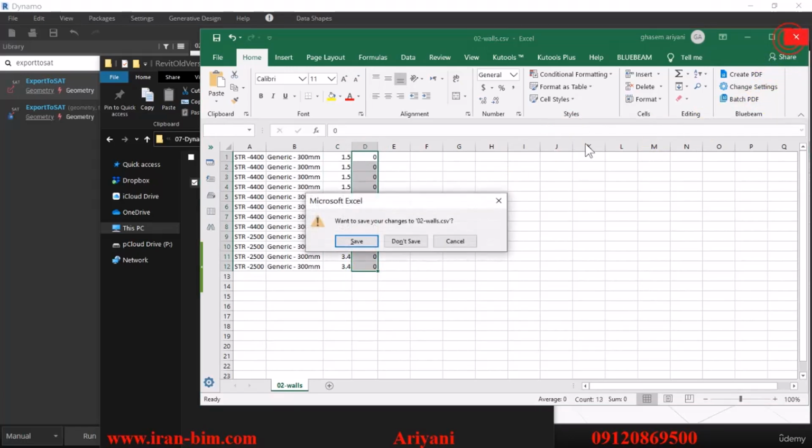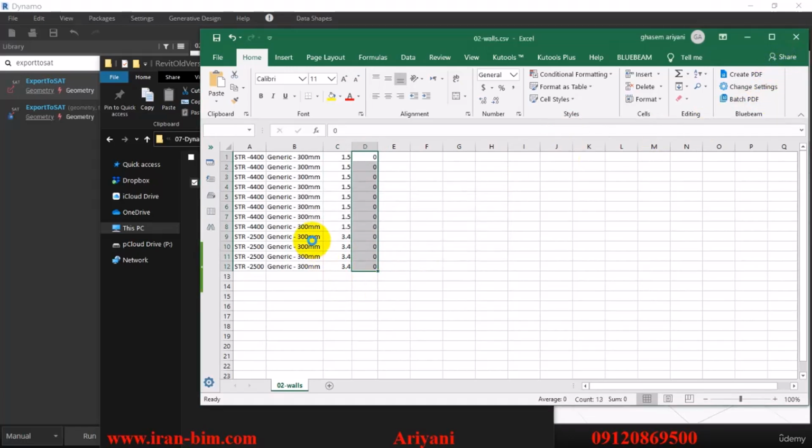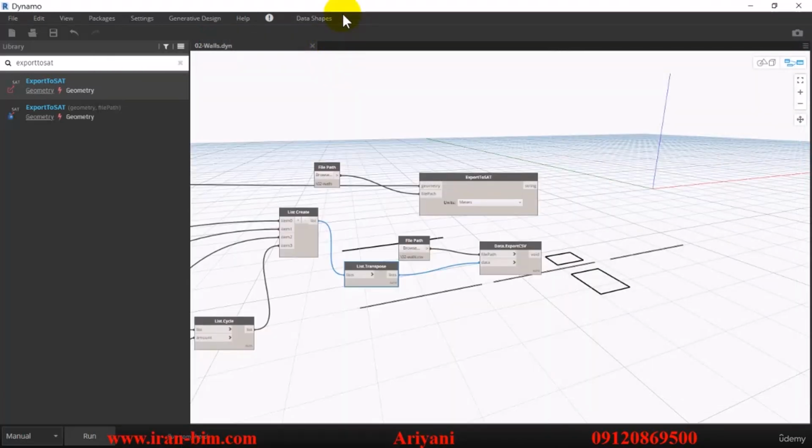We can use the same info here and enter them in the next part. And this is an extremely professional way of